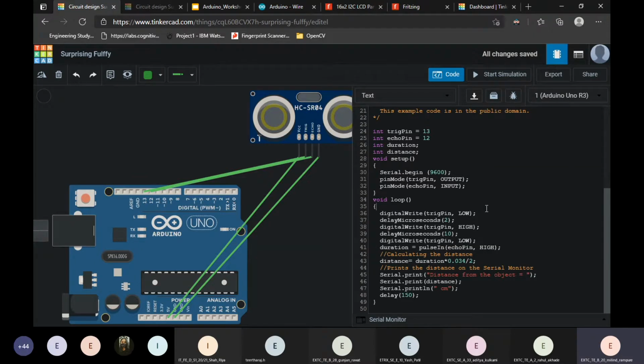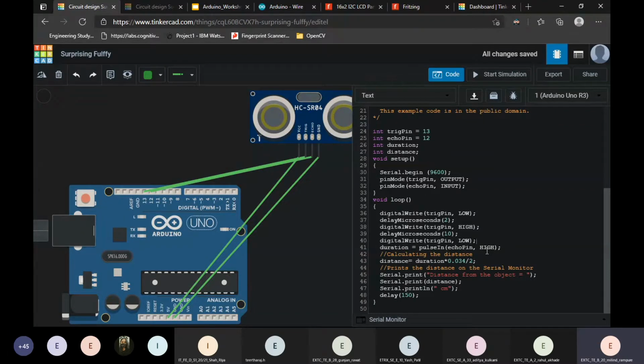Right from here we write digital write trigger pin as low and give it a delay of 2 microseconds, and again we declare the trigger pin as high. So it actually emits the ultrasound at this stage. Then we set it low again after a 10 microsecond delay.